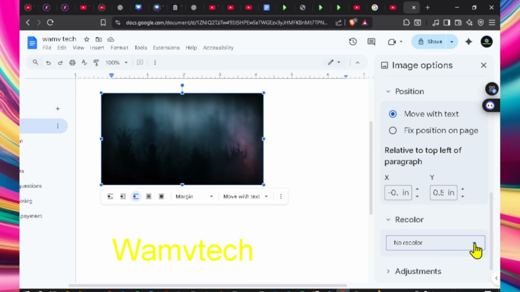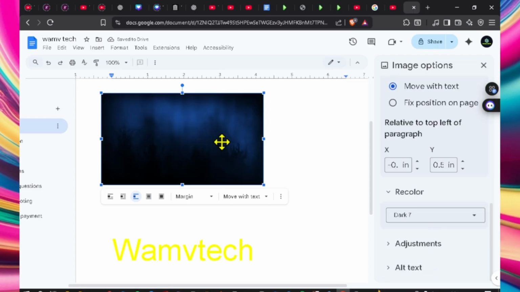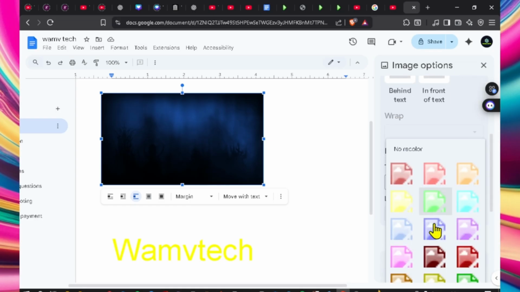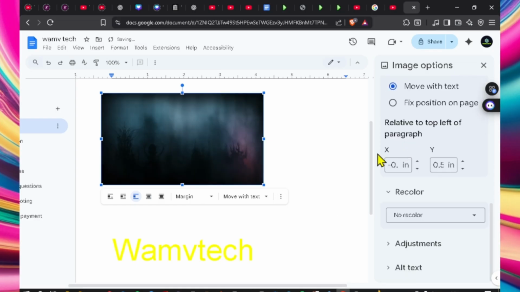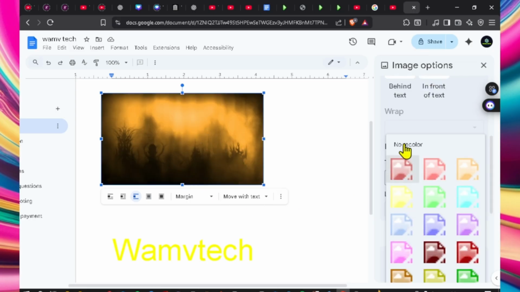Now here is the recolor. We can recolor. Let me try to select this color, and you see our image has turned to dark 7. We want to remove the color, no recolor, sorry. So that's the no recolor. Let's try to make it a bit brighter. You see,